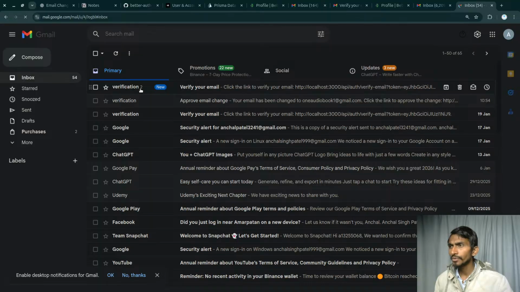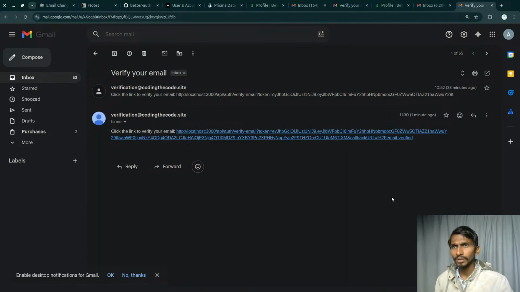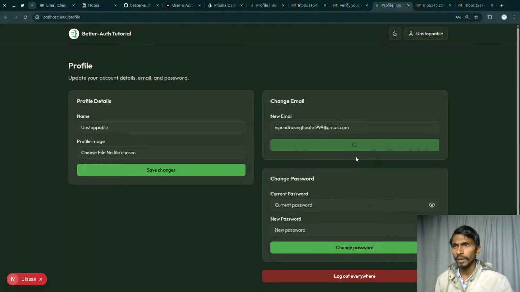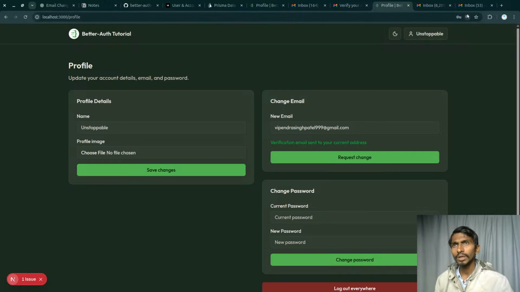I got the verification email just at what time? 11:30. This particular email I got two times. The first one was 38 minutes ago, and one minute ago I got this one, when I actually signed up. At that time I got it, right? But the next time I'm not even getting the confirmation email. Even if I send this again from here, I should be getting a confirmation email, but I'm not getting